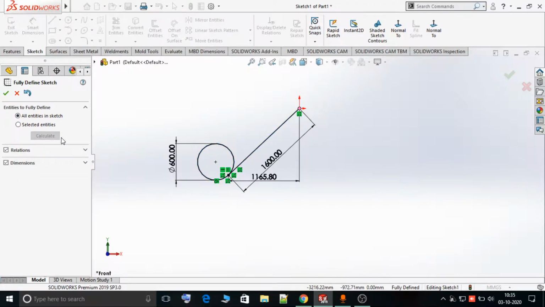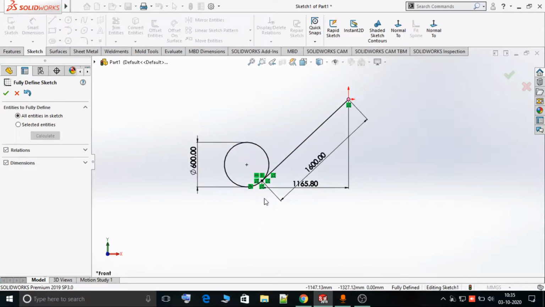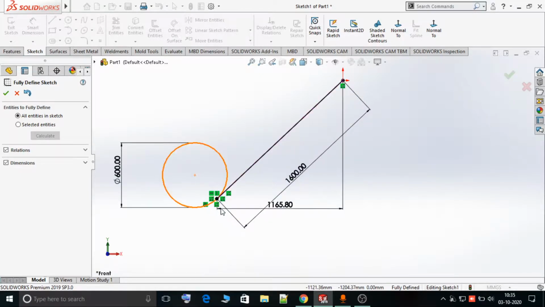Now what it is telling me is that if you want to fix this sketch at a given location, then you have to provide the distance of this point with respect to this point, this horizontal distance. It is necessary, because once you provide this distance, the vertical distance is automatically fixed. Now if you provide the horizontal distance, the sketch will be fixed.